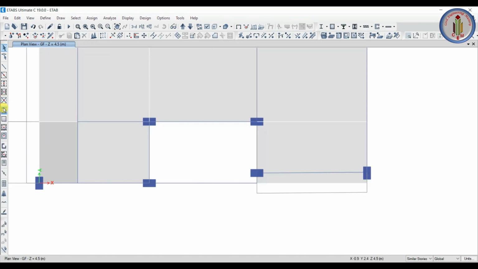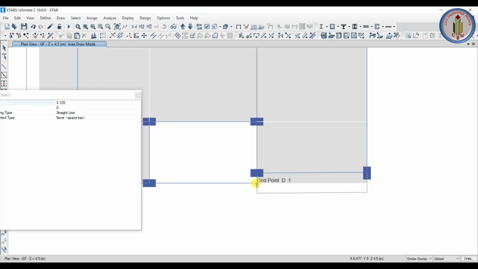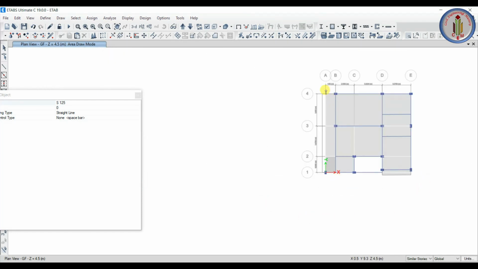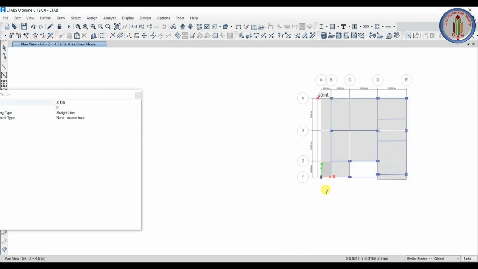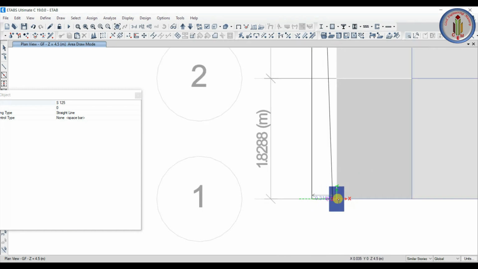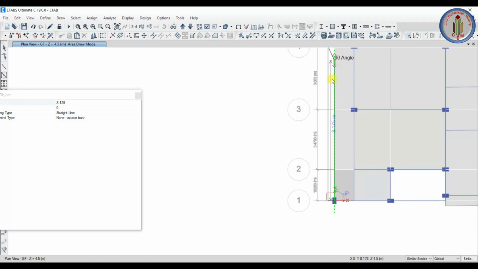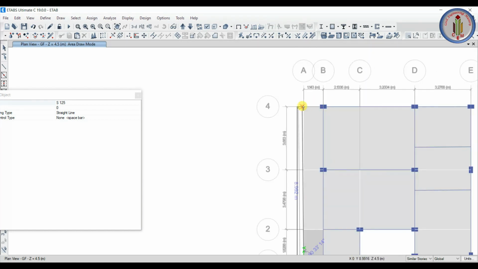So let's draw with this one. Like this we can add. And here we can add like this.